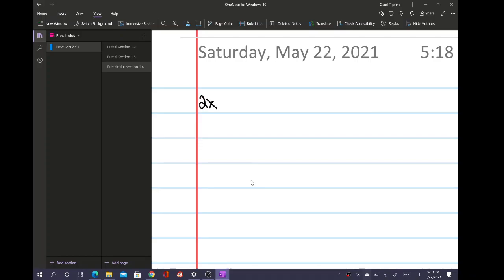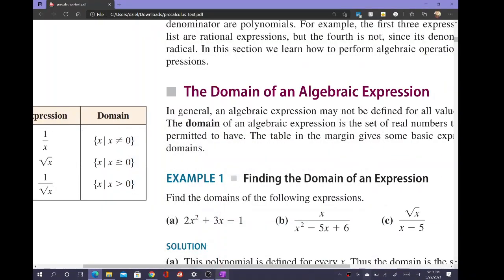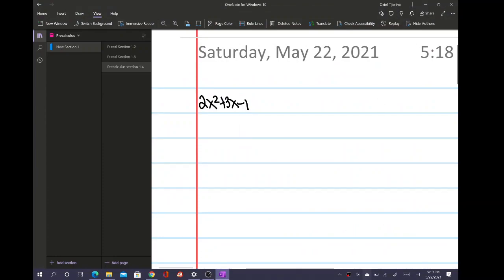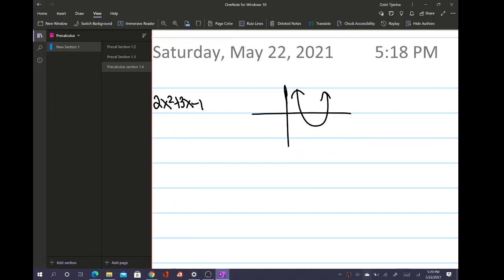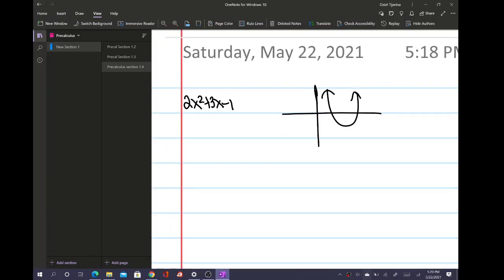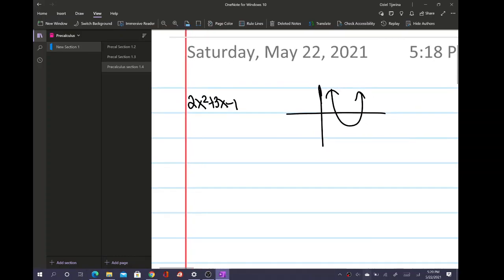So if we look at 2x squared plus 3x minus 1, one thing we should notice is that this graph represents a parabola, right? And it doesn't have to exactly match the equation, it's just a rough sketch of the function. One thing to notice is that yes, it's a parabola, and for any parabola, if we have f of x equals x squared, for example,